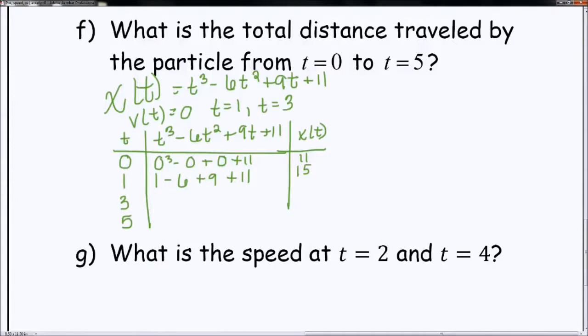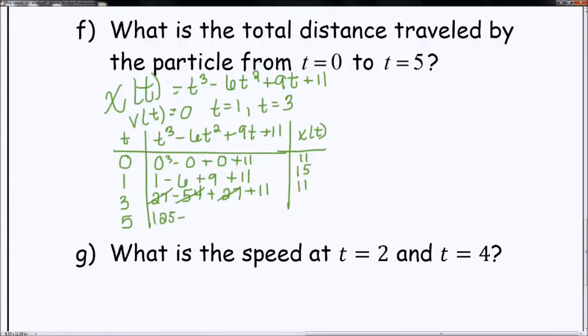If I plug in 3, that's 27 minus 54 plus 27 plus 11. Well, that's going to give me, let's see here, these guys will cancel out. I'm left at 11. So it looks like I backed up 4. And then finally, plug in 5. This will be 125